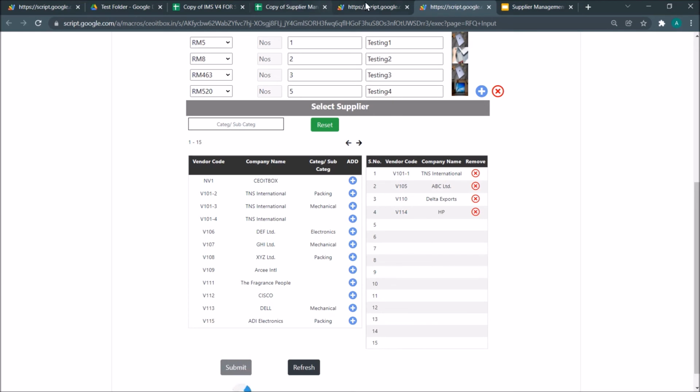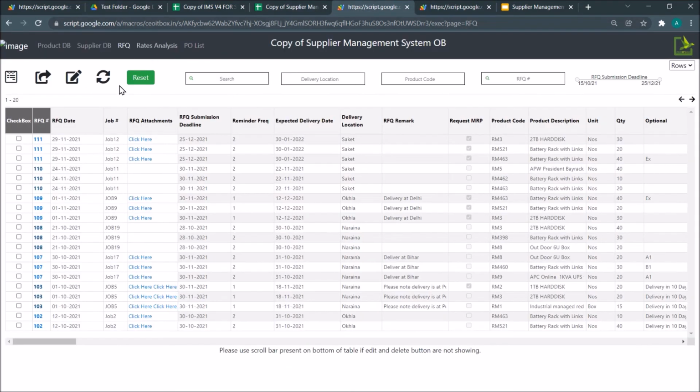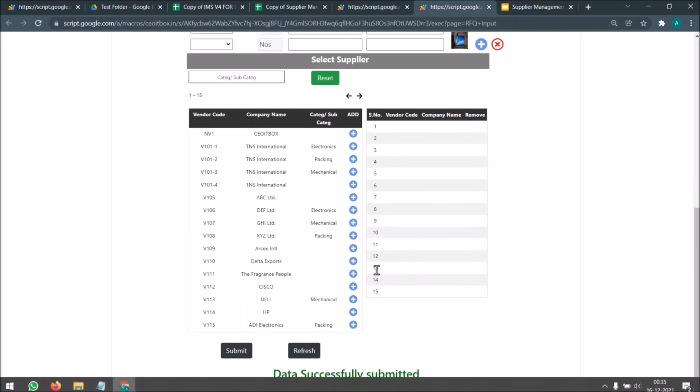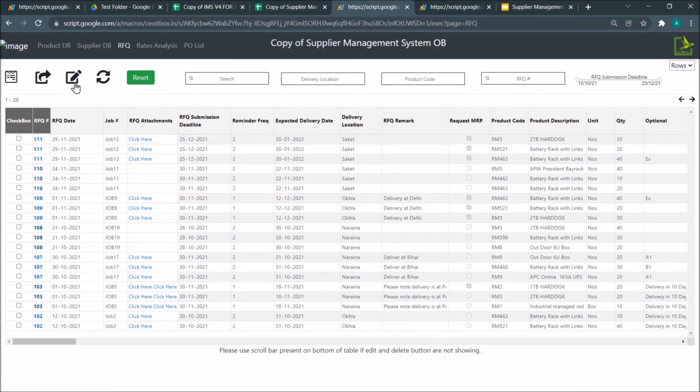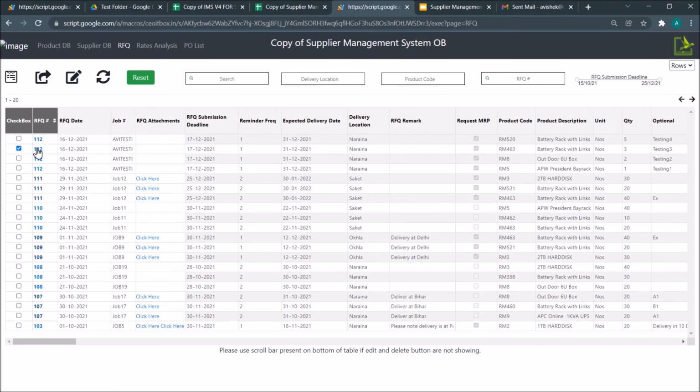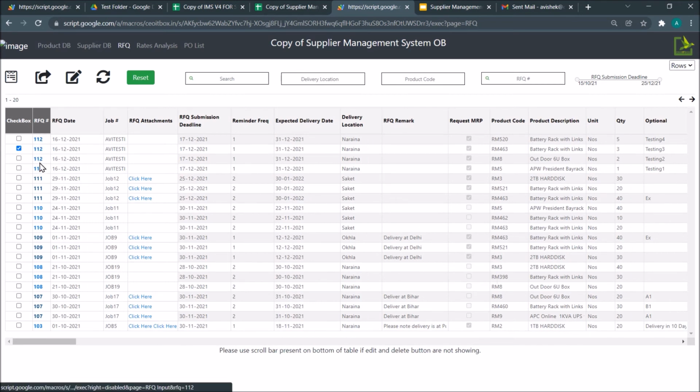Once I click on submit, I need to come back to my RFQ tab here, and here I need to wait till this data is submitted successfully, and then I can click on this refresh button. Now you see the RFQ number 112 is available right here. I can simply choose to click on all 4 of them, or any one of them is also good enough, and I can click on this send button.